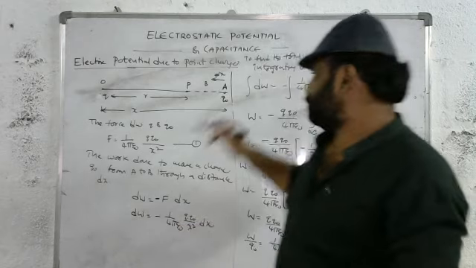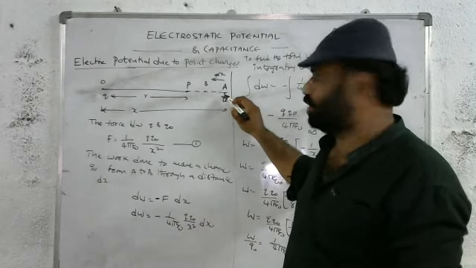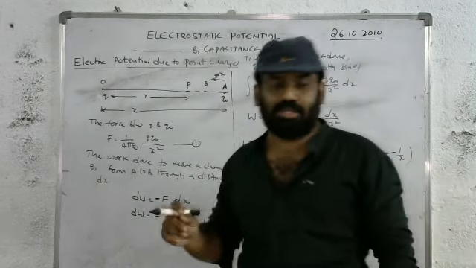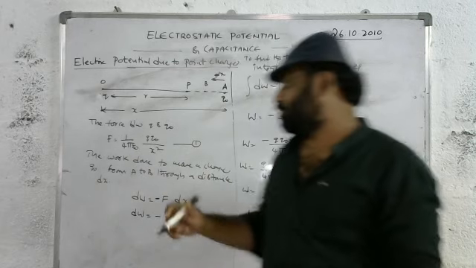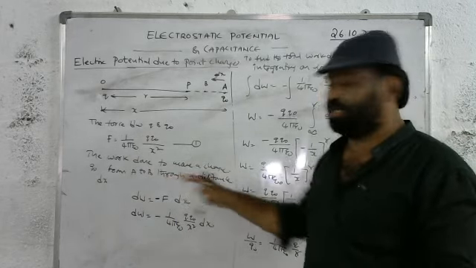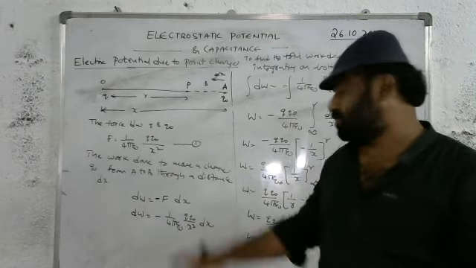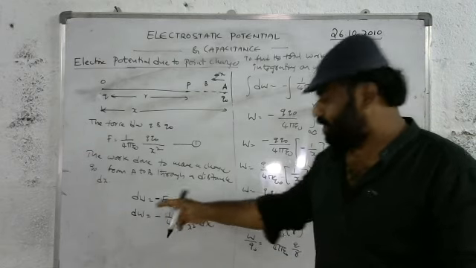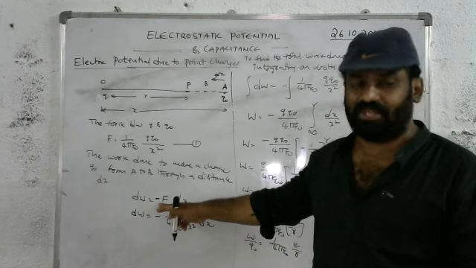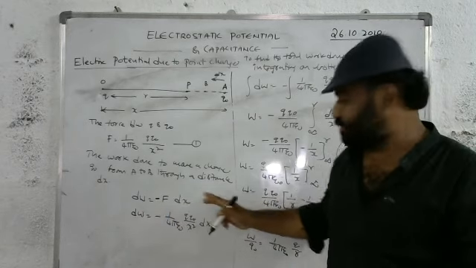So here the charge Q naught is moved opposite to the field through a distance dx. So we have to do some work against the field. The work done against the field to move a charge from A to B through a distance dx, let it be dw. We know the formula for the work: work is equal to force into displacement. But we keep the negative sign here, because we are doing an external work opposite to the field. So dw is equal to minus force into displacement.